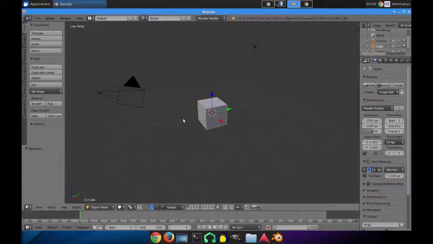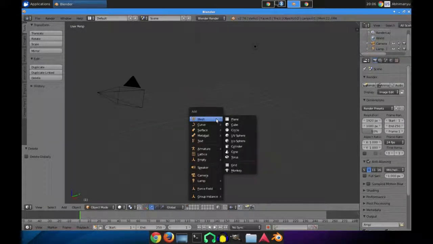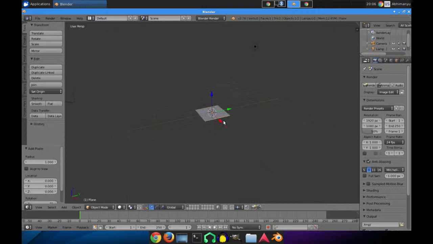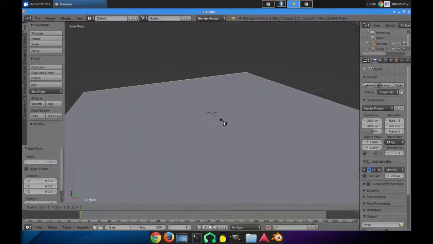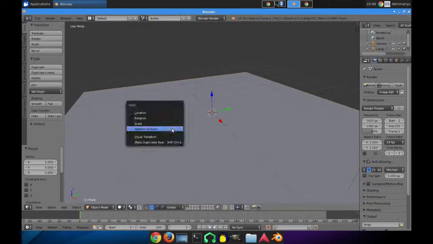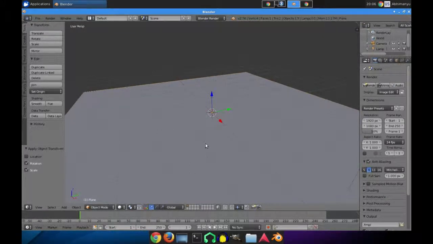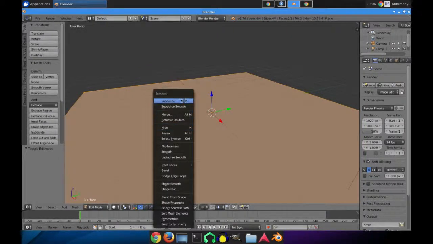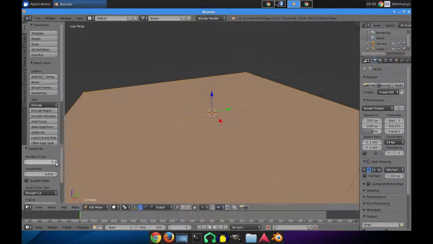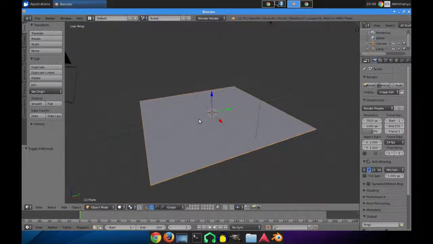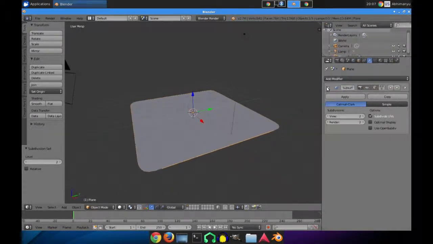Alright, so this is going to be another Blender tutorial, and in this tutorial I'm going to go over a simple procedural dirt texture in Cycles. So I'm going to add a plane, scale it by 5 units, apply rotation and scale, and subdivide it by say 6, and add a subdivision surface modifier by pressing Ctrl 2 on the keyboard,